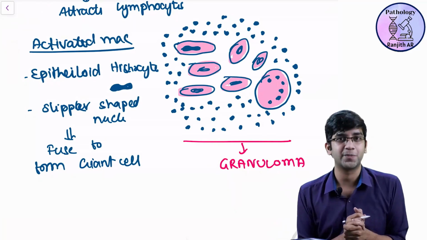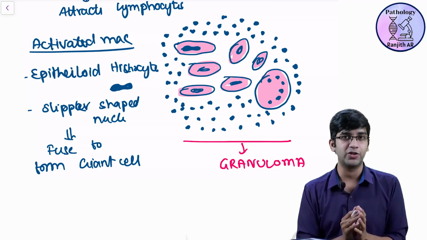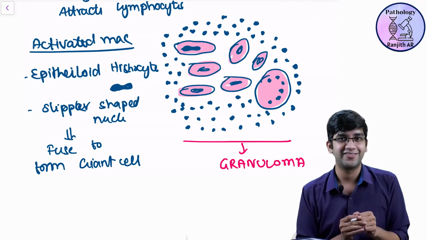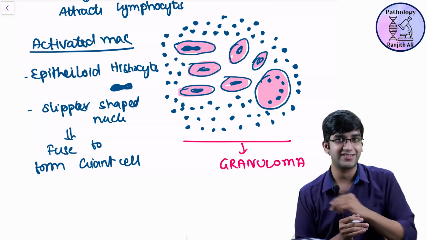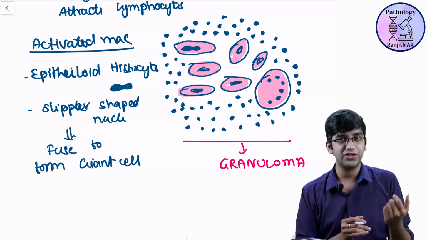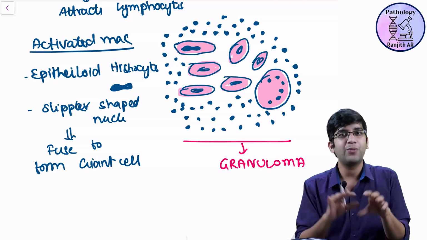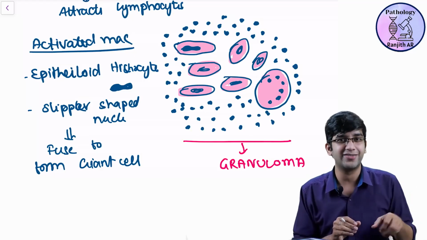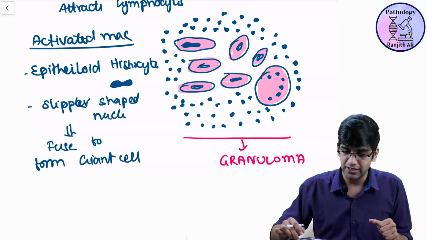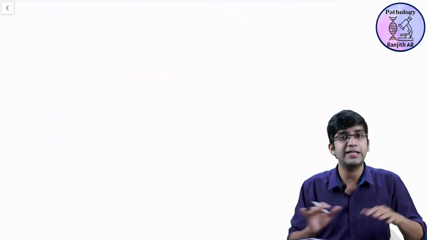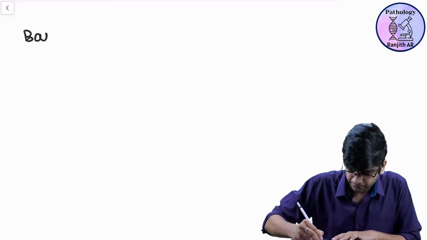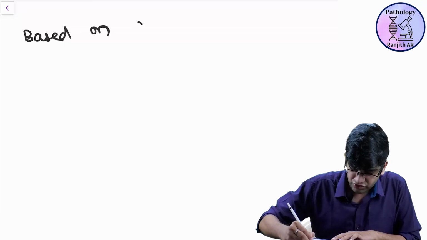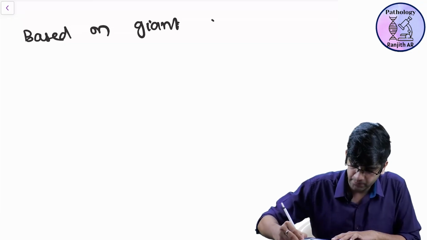That's how granuloma looks. Fine, that's how entire granuloma looks. And that's not enough. We have to step up. These are my basics. You have to step up. When I'm looking at a granuloma, I want to try to diagnose a few different things. I want an etiology, not a finding. For that, we're going to divide granulomas into different types and try to find out the etiology. Fine? First, we'll divide them based on giant cells. Based on giant cells, we are going to divide granulomas.